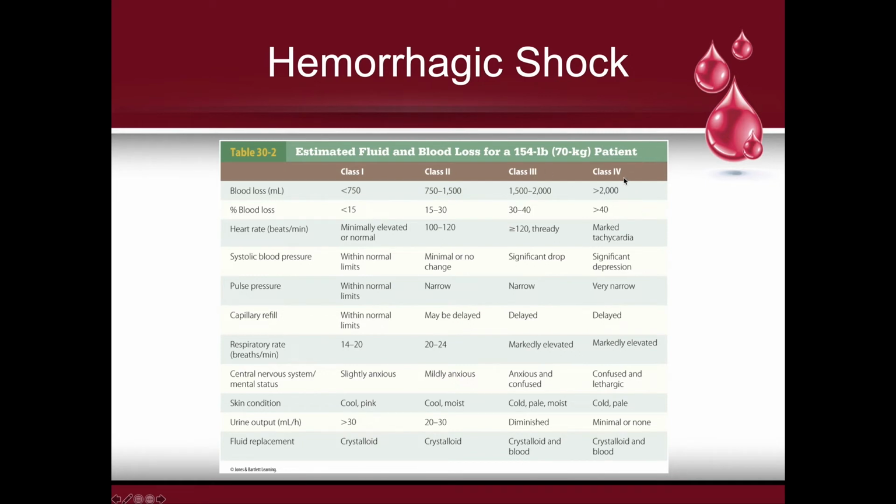Class 4. Remember, this is your irreversible shock, okay? Greater than 2 liters of blood loss, which is 40%. It's over 40% of their total blood volume. And then they're going to have a marked tachycardia until they don't, right? Of course, it's going to last as long as it can. Significant depression in that blood pressure, very, very narrow pulse pressures with delayed capillary refill, markedly elevated respirations, confused,